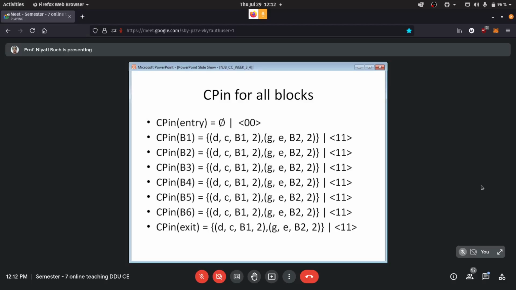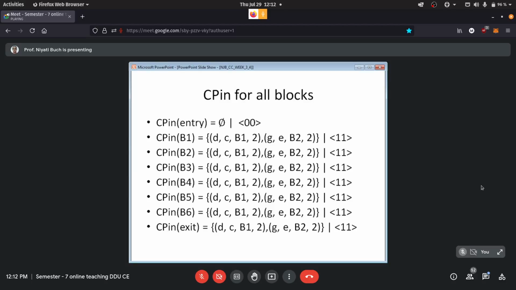Even in exit we will put both the elements, because these two can be in the in set of CP for exit. Fine. And for entry, it will be a null set. So CP in for all blocks, the values are ready with us.